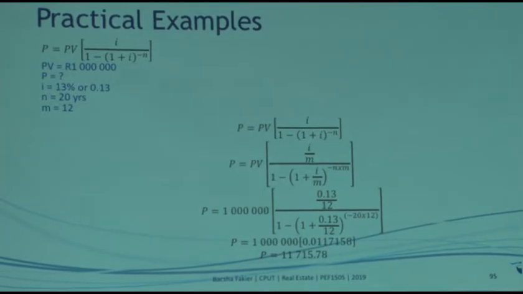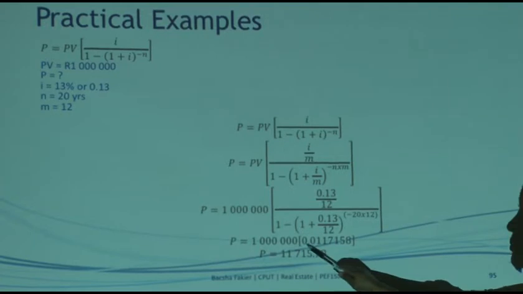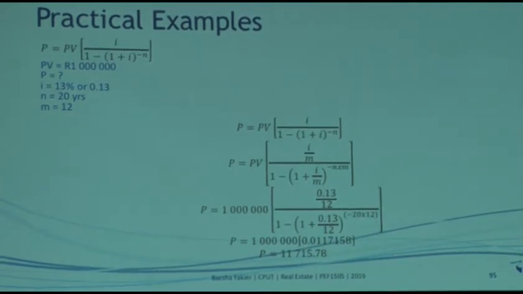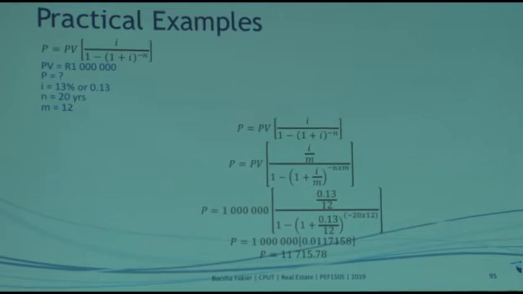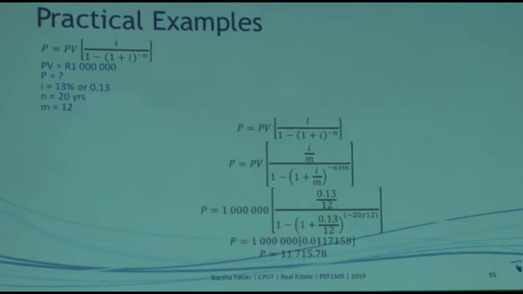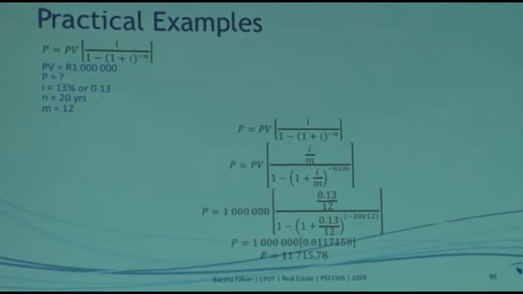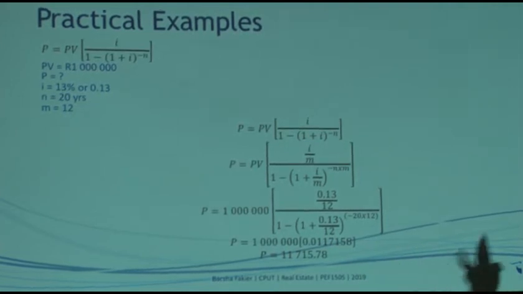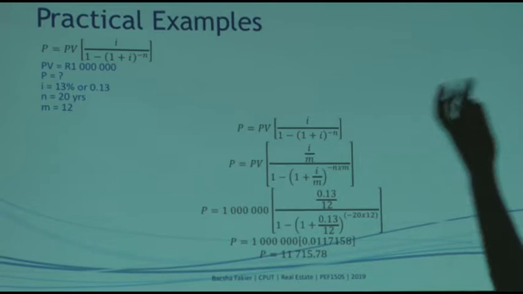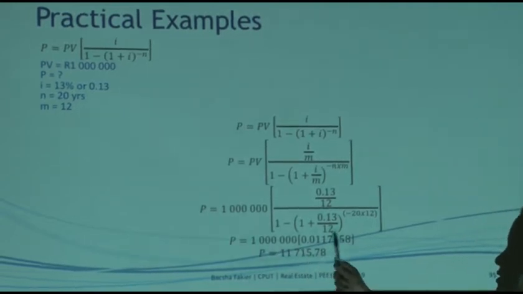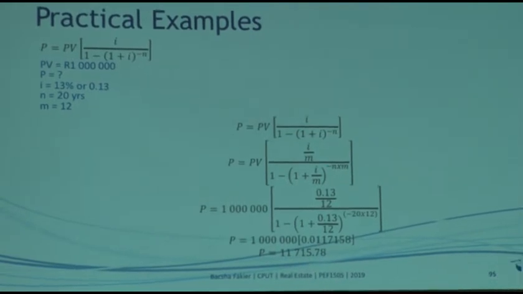Now, look at the size of my multiplier, or the value of my multiplier. Can you see? My multiplier is 0.01171, something or other, right? The value of the multiplier is a small decimal. Do you see how the multiplier changes? The multiplier here is obviously much less than 1 because you are breaking up an amount of money. You're breaking it down. So this 1 million multiplied by this amount will give me an amount of